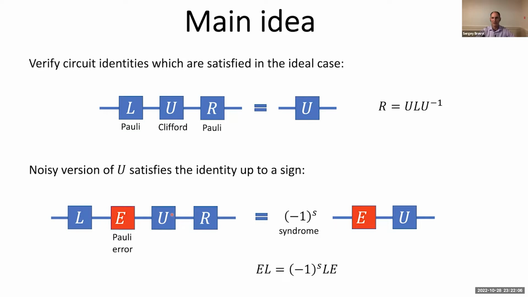Now, there are many different ways we can introduce an error in a quantum circuit. But if all errors are Pauli type and the circuit is Clifford, we can commute all errors towards the left and merge them into a single Pauli operator. And this is what I have done here. And then the syndrome controls whether the error commutes or anti-commutes with the left check.